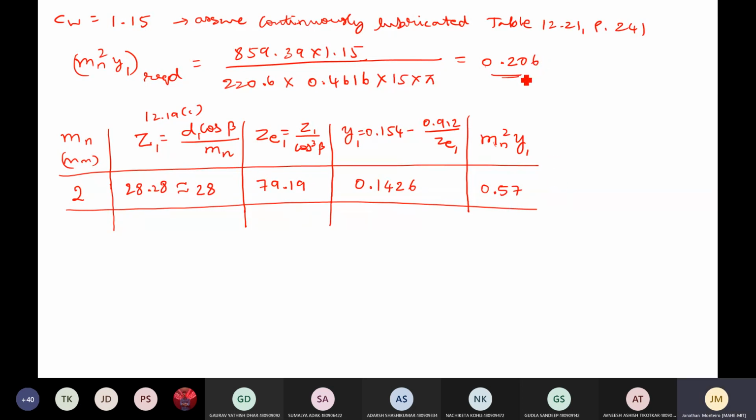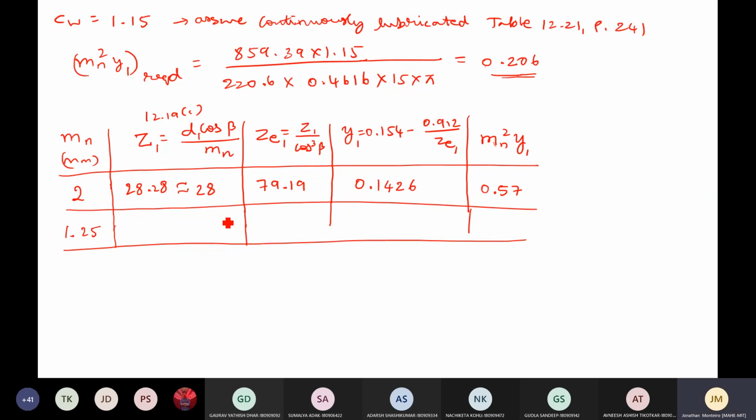Of course, it is better than before, but can we still optimize it? We can still optimize it because it is more than double the required value. So there is one more value which will come lesser than this. Let us go to the standard set of modules, and you have combinations like 1.5. Even in choice 1, you have 1.5 and 1.25. I'll directly go with 1.25.